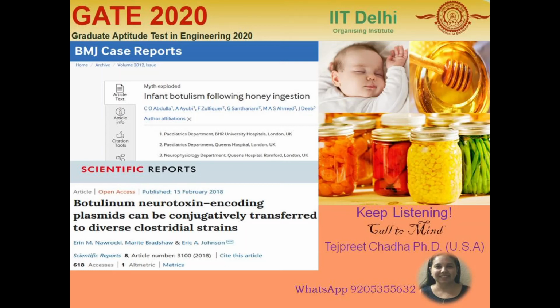So, depending upon how severe your symptoms are, you may need to stay in the hospital for weeks or even months before you are well enough to go home. The good news is, many cases of botulism are preventable. So as we know that many cases of botulism are preventable, तो जब भी food-borne botulism की बात हो